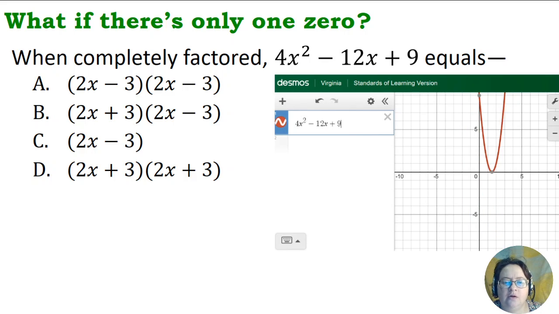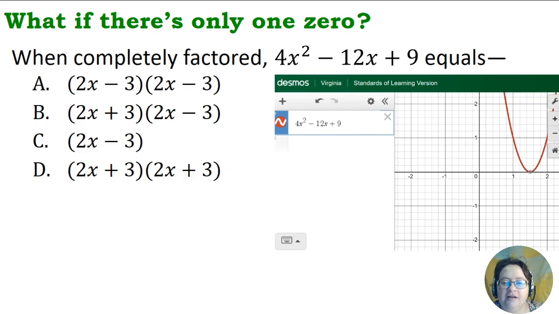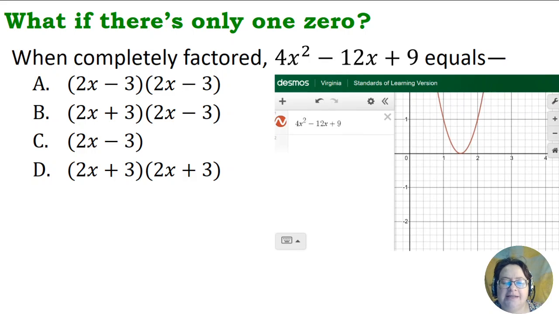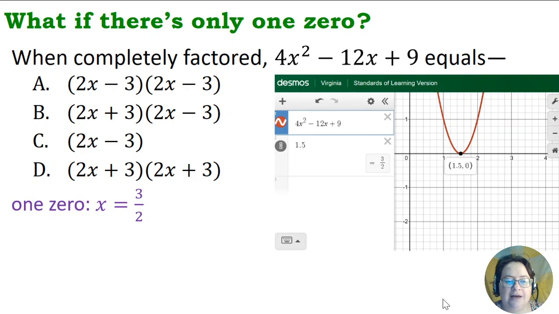If we zoom in a little bit here, you'll see that it touches the x-axis and goes right back up. So we only have one zero at 1.5. I can type in 1.5 and click on my fraction button. It changes it to 3/2. So I have one zero at 3/2. I'm going to write that down. Remember, my factor flips,